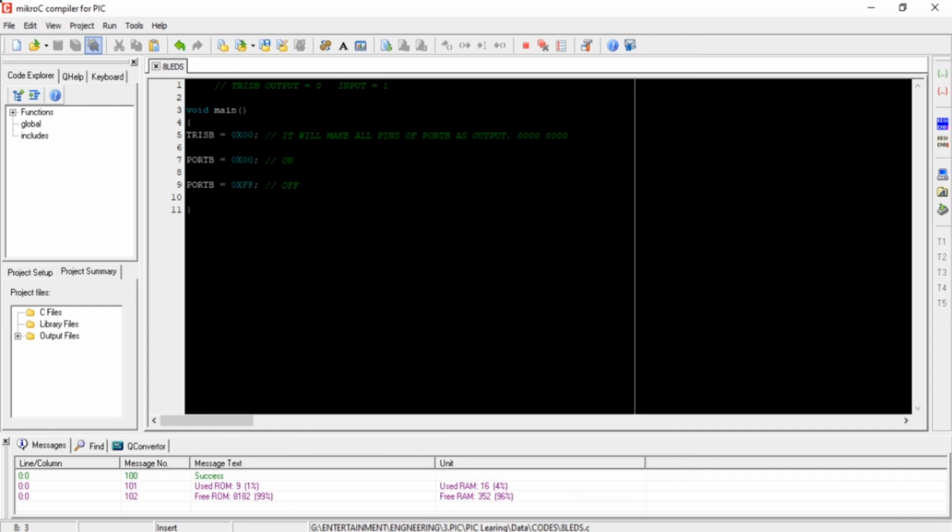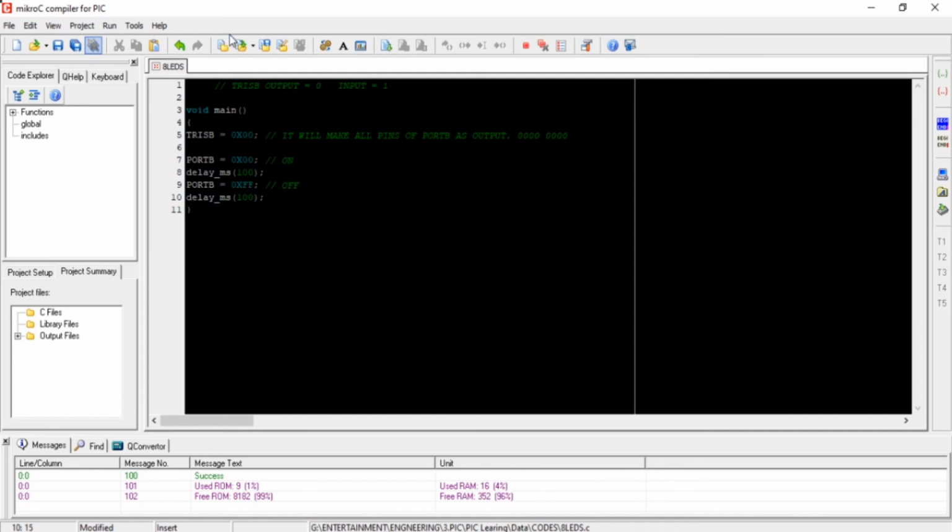So to make a particular LED hold for a time, we need to use delay. To use delay, write delay_ms, then provide the time. I am providing 100 milliseconds. Provide this delay after the off time.